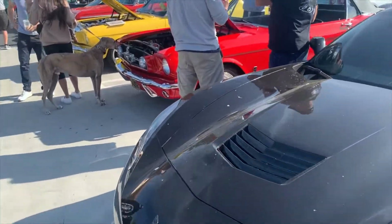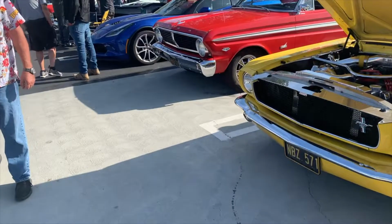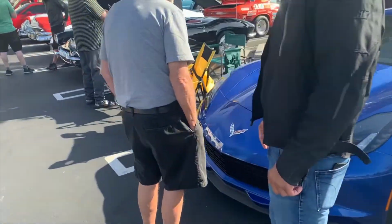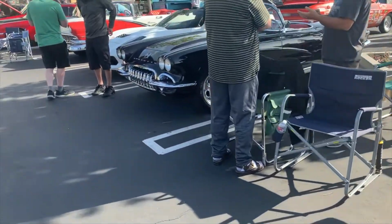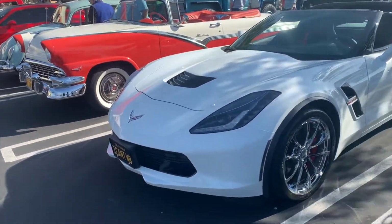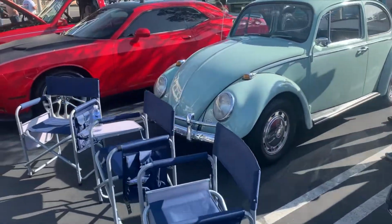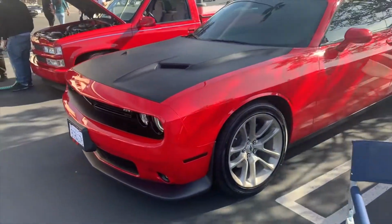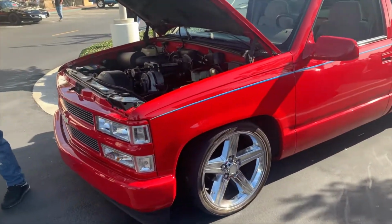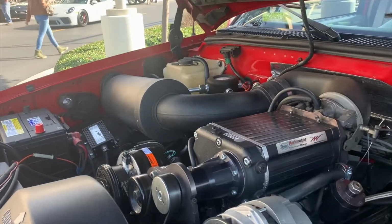And then a row of our regulars, these classic Mustangs here, and then Ford Falcon Corvette. Rolling through. Corvette. Great old Fairlane there. Beetle. Challenger. And then really nice looking Chevy truck here running a, looks like Kenny Bell's, yeah it is I think,